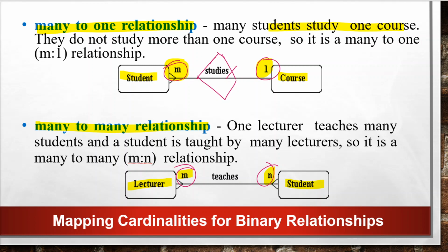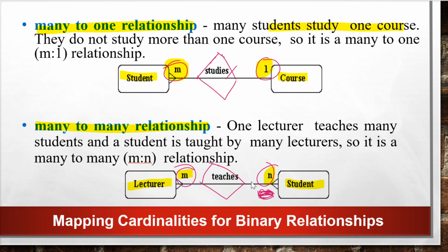If we use m on both sides, then it means the same number of lecturers are teaching the same number of students, and that is not possible. So we have to keep things in many terms, meaning many but not an exact number, not the same number. So many lecturers are teaching many students. The relationship can also be represented using the diamond box: many lecturers teach many students. Either you can use m on the left side or m on the other side. This is your choice.